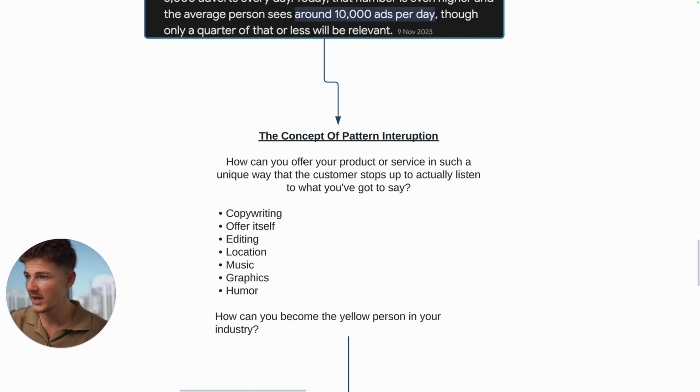So the concept of pattern interruption. How can you offer your product or service in such a unique way that the customer stops up to actually listen to what you've got to say? And the way that you can do that is the copywriting, it's the offer itself, it's the editing, it's the location, it's the music, it's the graphics, it's the humor. If you can think outside of the box with one or multiple of these elements right here, you can interrupt this trained pattern that most people have whenever they're sitting and scrolling on social media, and you can get people's